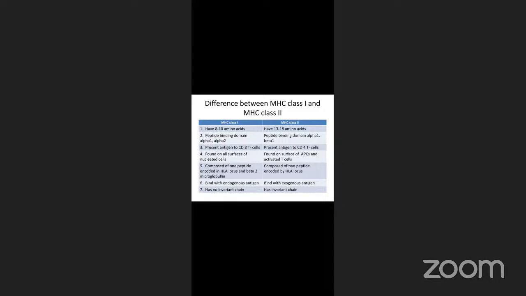Are you following me? Our MHC molecules are there in our cell, not on the receptor. In the normal case we do not encounter any pathogen or parasite, but whenever our cell gets infected by a pathogen or parasite,